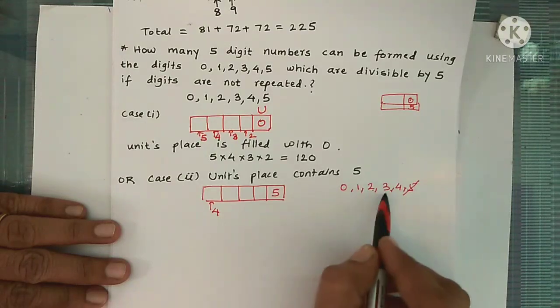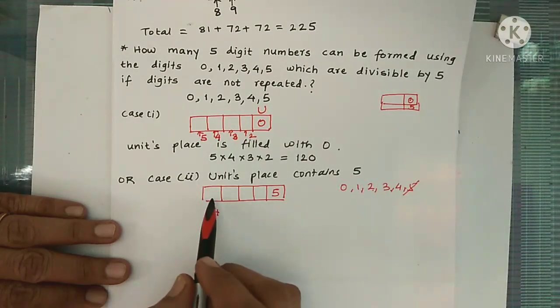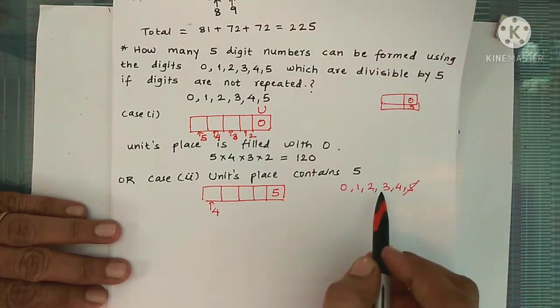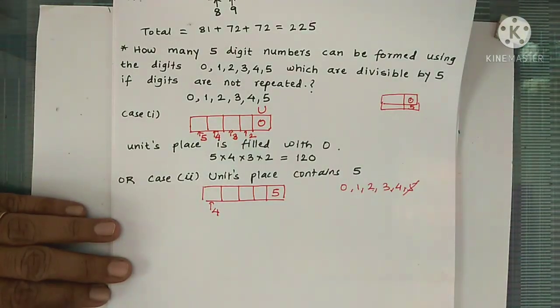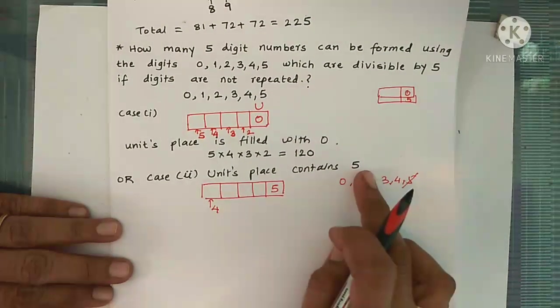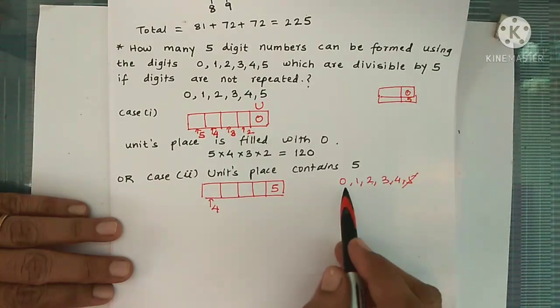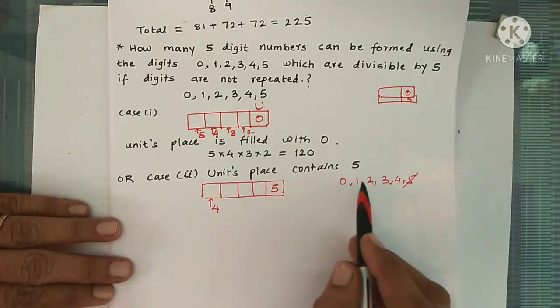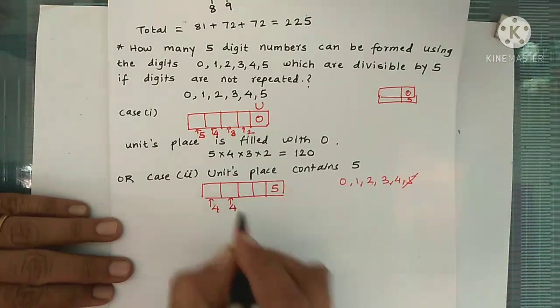Now one of the digits 1, 2, 3, 4 is used, and that digit is placed in first place. So from 1, 2, 3 and 4 we cannot use one digit because it is already used for the first place. For example, say we have placed 2 here. So the remaining digits are 1, 3, 4, but now we can use 0. So 0, 1, 3, 4. So 4 digits are left. See again.